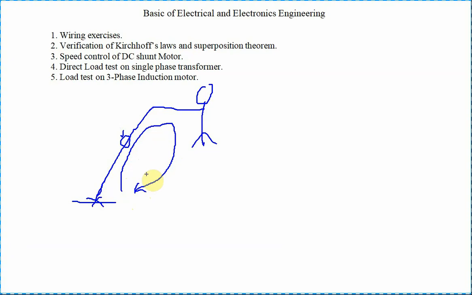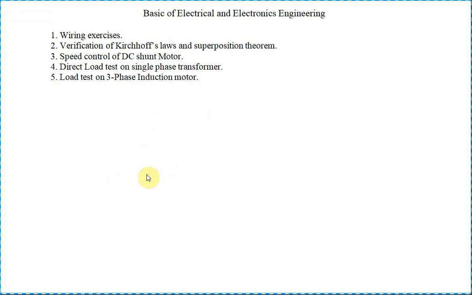Then the second one is a voltmeter. The voltmeter is very important to measure the voltage value of a single phase power supply. This is called the phase line, and this is called the neutral line. So take the multimeter. Why do I want to take the multimeter? The multimeter includes multiple elements to measure: current, voltage, AC current, AC voltage, DC current, DC voltage, and resistance. Everything is included in the multimeter.